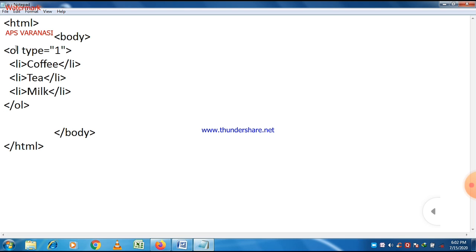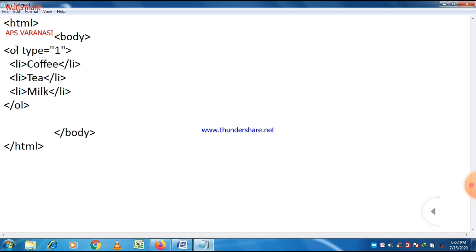So here our focus is to make a list, and to make a list we have three options. Either we use ordered list, unordered list, or description list. Ordered and unordered lists are very simple to use. Ordered list means there is numbering or marking with the alphabet or Roman digits also.